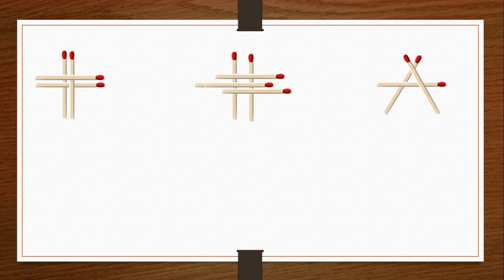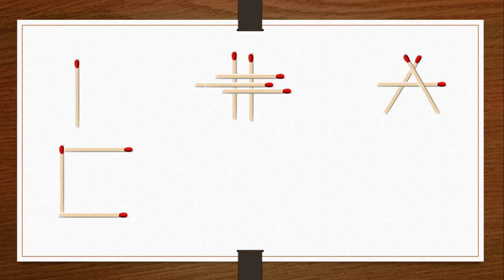Okay, see here, first one. We can see here 4 matchsticks. I will take one and I will keep it like this. Then I will take the second one. Here I will place it like this. Then the third one, see. Okay, and the fourth one I will keep here. So I got a shape. What is the name of this shape? Yes, this is a square. Isn't it? 4 sides are there and 4 corners are there. Am I right?